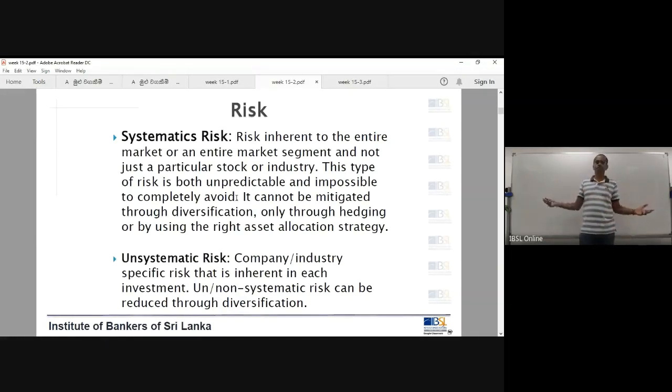Now the airports remain closed, so the tourism sector, the hotel sector has taken a beating. That is called unsystematic risk. Risk that is applicable only to a particular company or sector. Unsystematic risk is a company or industry-specific risk that is inherent in each investment. Unsystematic risk can be reduced through diversification. Remember,